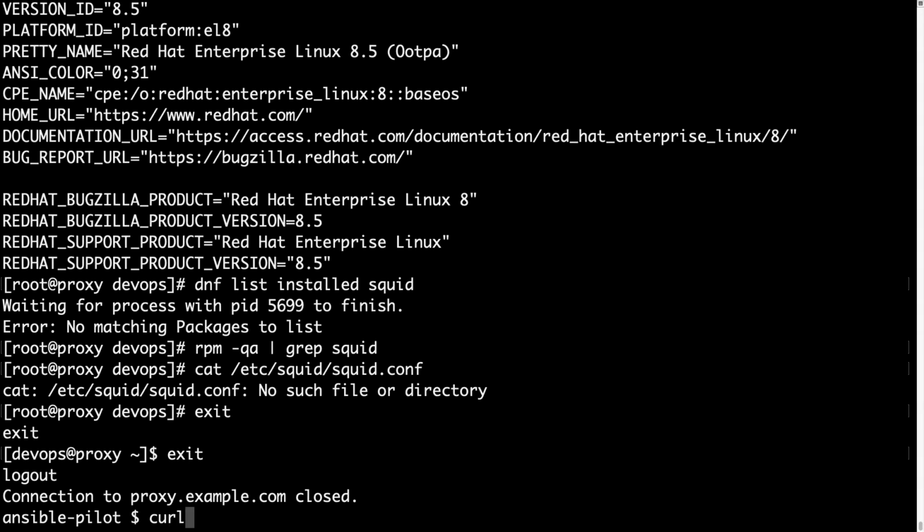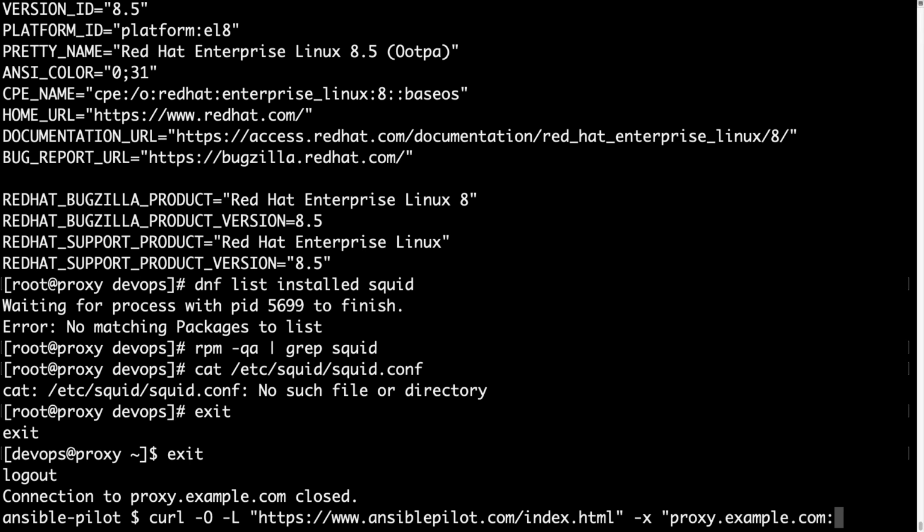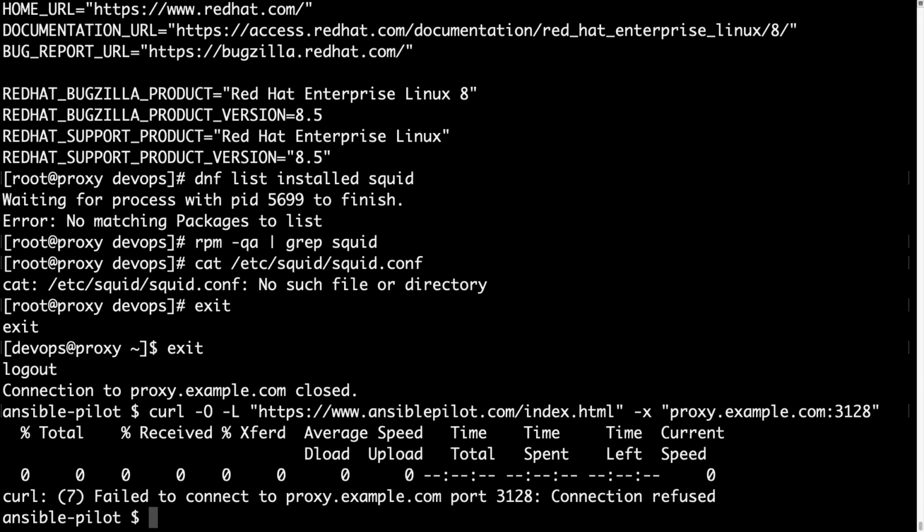Let me disconnect, and on the Ansible controller I can use curl to try the proxy and verify that no process is available. So curl -o to save the page locally, -L for the location. I'm using ansiblepilot.com/index.html, and let me specify on -x the proxy example.com:3128. Connection refused, which means that the service is not available, but this will change completely after we run our